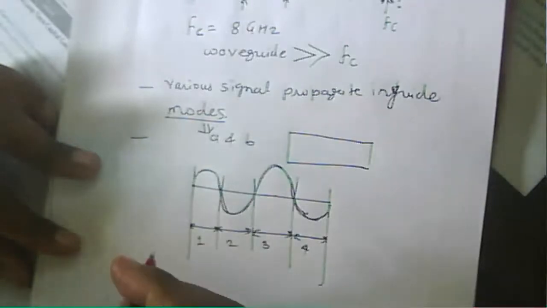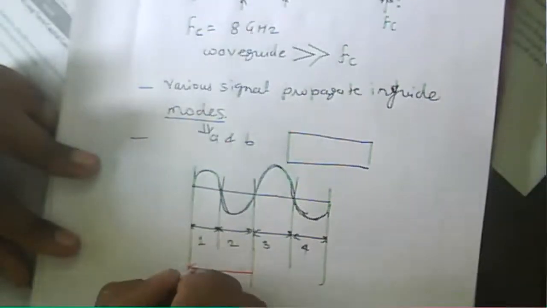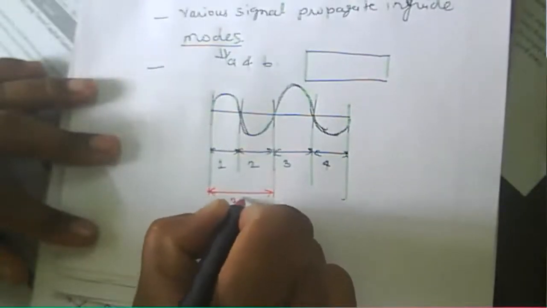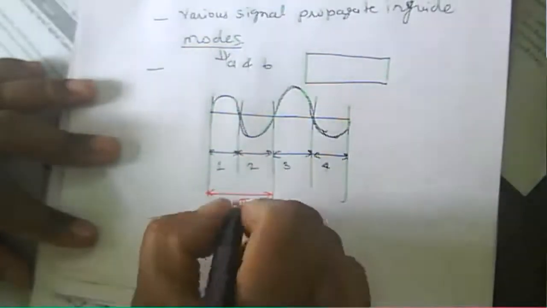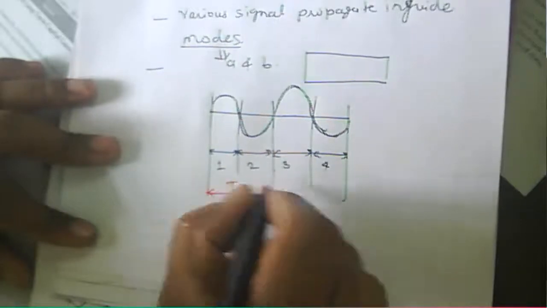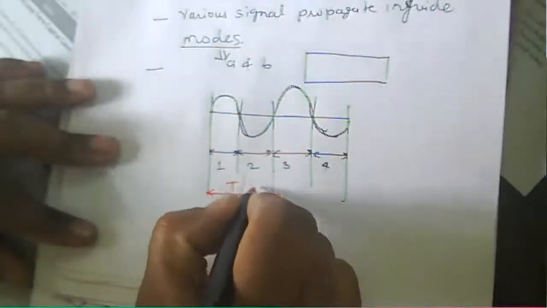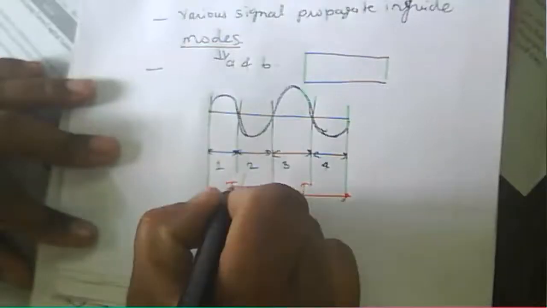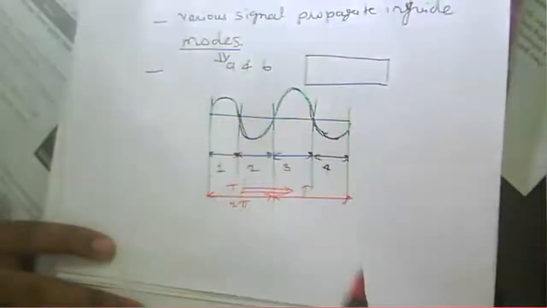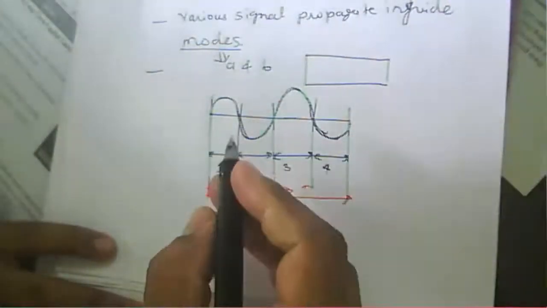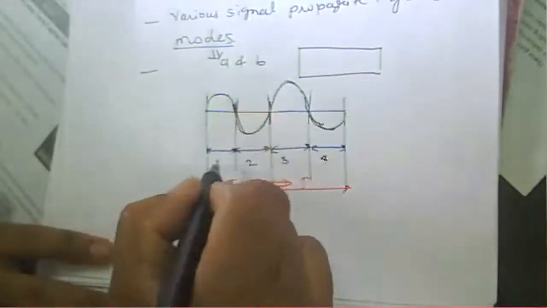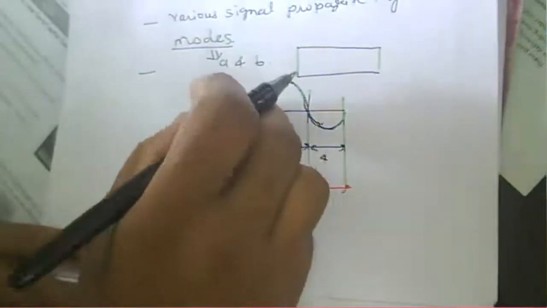Now if we combine 1 and 2, this is about 2π, or we can say it is about a complete wave period, one complete wave. The two t values have to be the same. But in the case of waveguide modes, modes mean whatever half variation there is, this is the half variation.